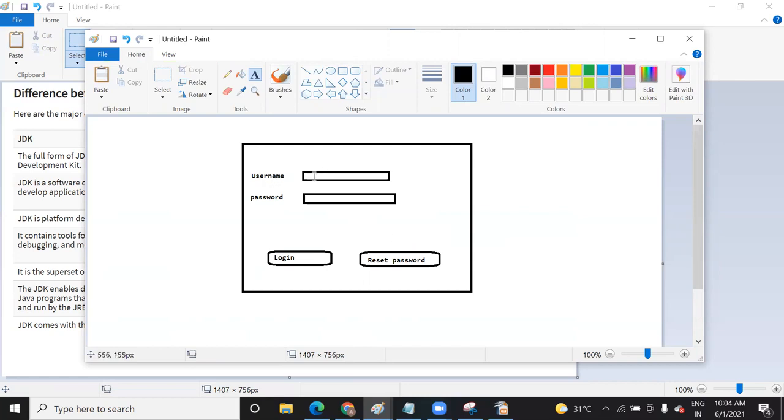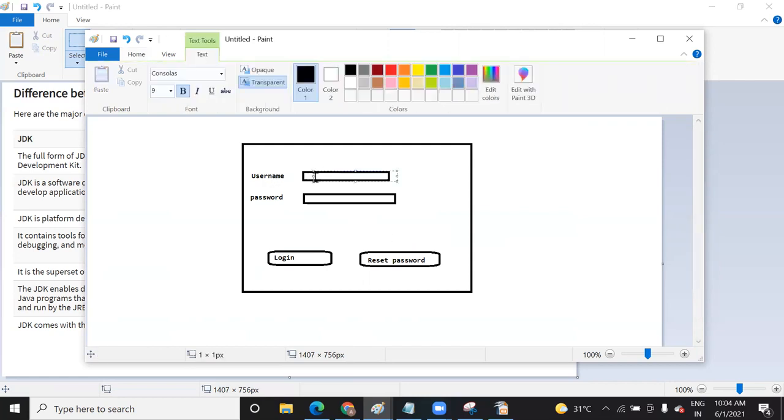Like when you enter the username, some value like Anushka, and you enter some password, suppose anything like anu123@.